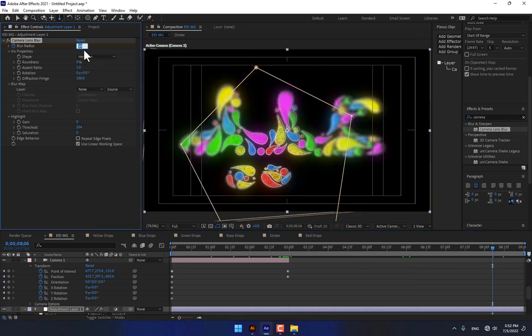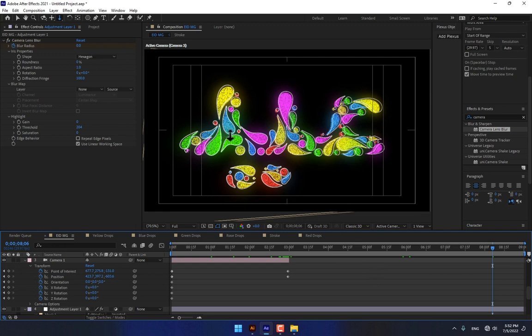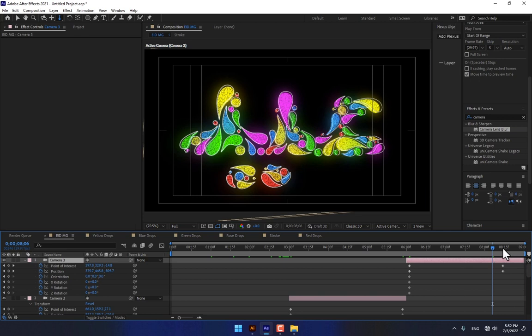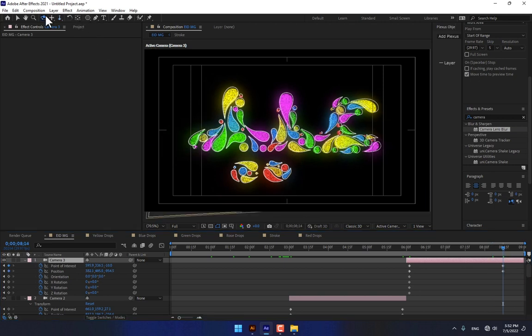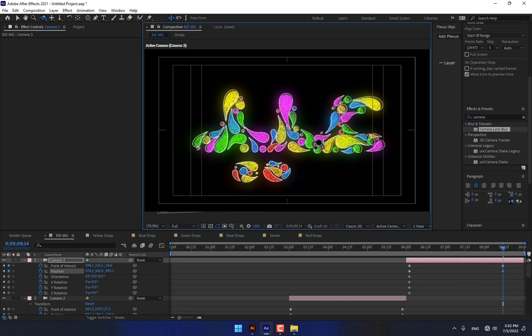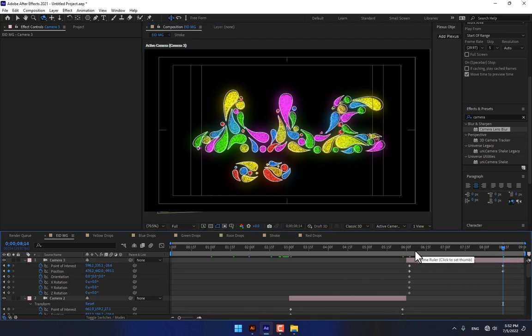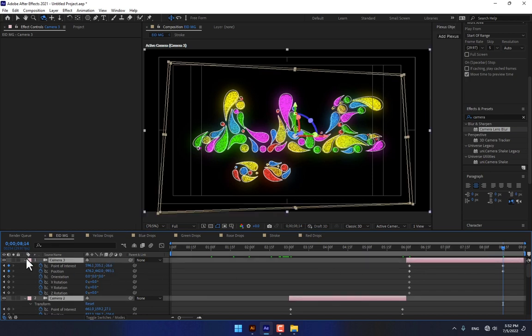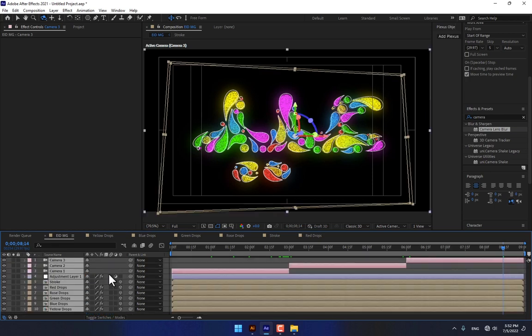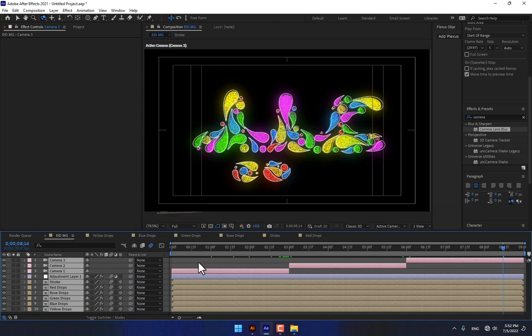change to 30, 10. Press U for the camera 3. Fix the orbit. Looking good. Ctrl A. Turn on the motion blur switch